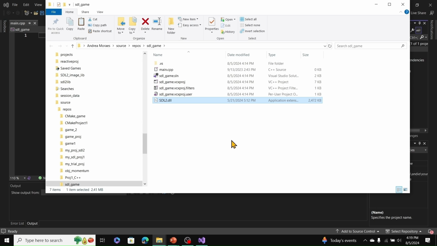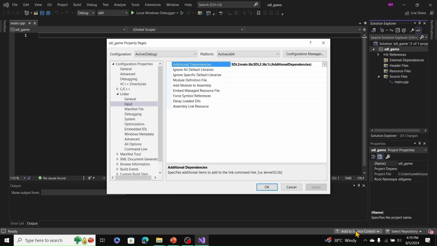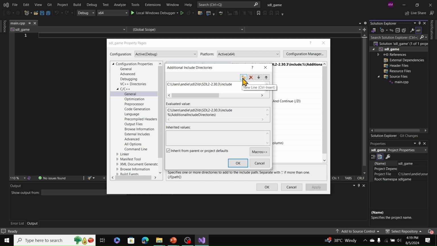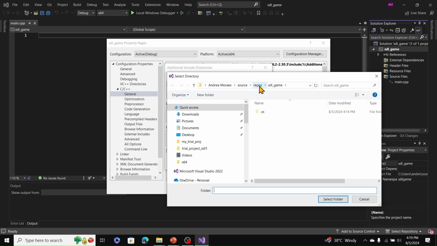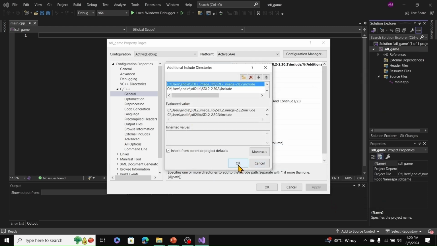Let's now do the same thing for the image library. So I'm just going to minimize that. Right click again on the project folder, click properties, click on C++, click general, click additional include directories, down arrow, click edit. Then again, click on this folder icon, click the ellipses, but now go to the folder that holds the STL image library files. So here we are, expand that folder, drill down, select include, click select folder, click OK,